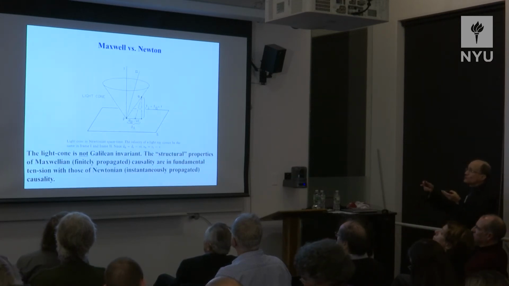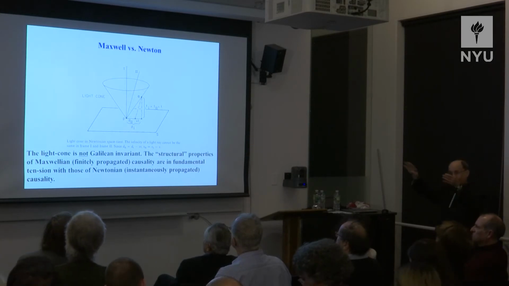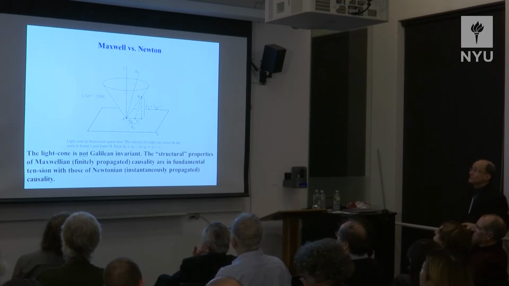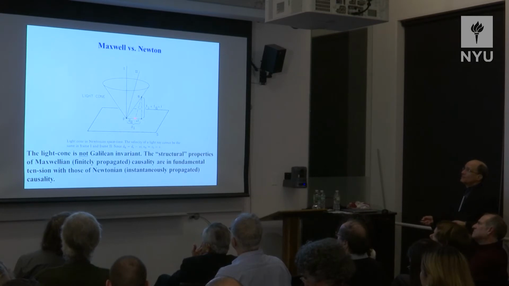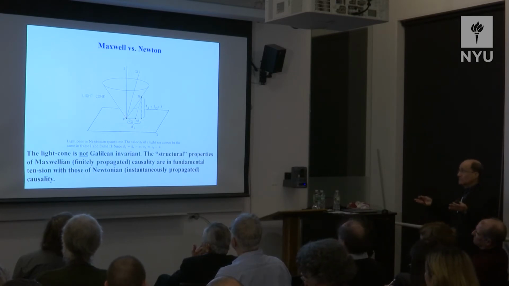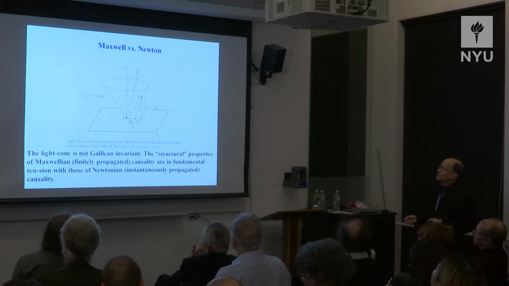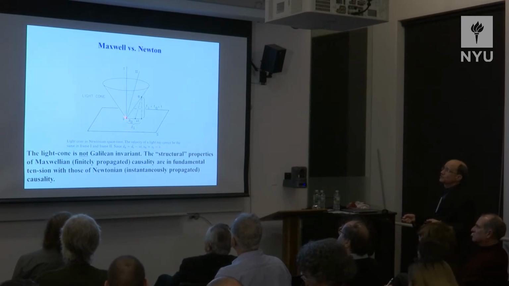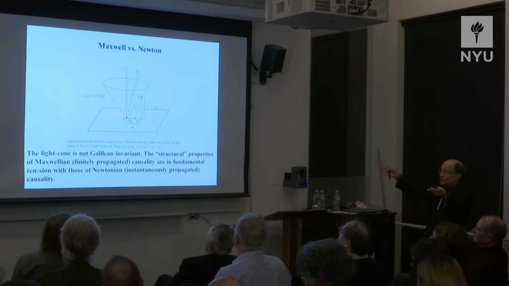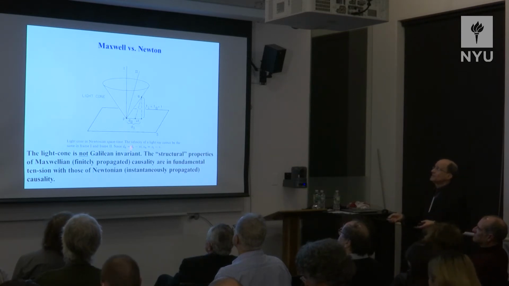Now, once we've got Maxwell with its finite propagation at the velocity of light, we've then got a problem in putting Maxwell and Newtonian gravity together. Newtonian gravity propagates instantaneously at a distance, supposedly. Okay? So what is this picture a picture of? I didn't say much about it, unfortunately, last time. This is an event happening at a certain time. Let's imagine that you light a match at this time, and over time the light spreads out uniformly around the match, and you get this cone over time of an expanding